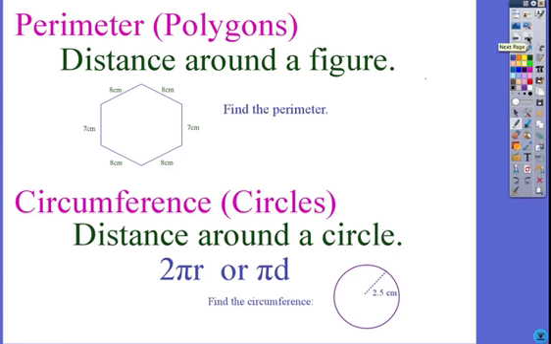Perimeter is simply the distance around the outside of a figure. So how do we find perimeter? We simply add all the sides together. So if I want to know the perimeter of this hexagon, I'm simply going to add all the sides. So I have 8 plus 8 plus 7 plus 8 plus 8 plus 7. And when I add all of these things together, I end up with the perimeter being 46